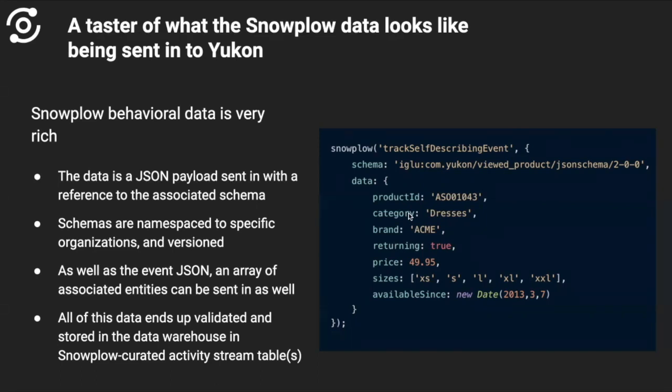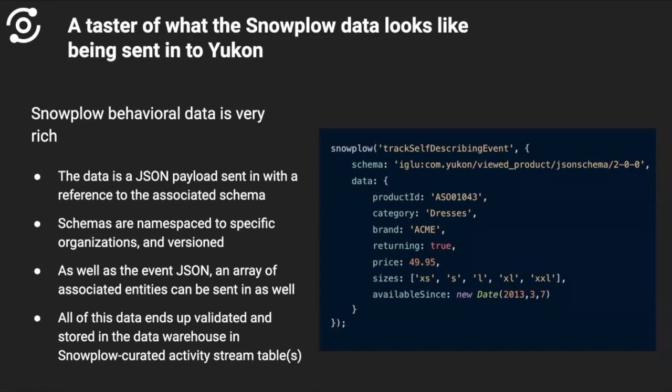It gets validated and it gets stored in the data warehouse, in this case in Snowflake, in a Snowplow curated activity stream table. So what do we mean by validation? Fundamentally, when these events land in the Snowplow pipeline, Snowplow will go and look up the schema definition from the schema registry, and it will cross-check the data that it's received against that registry schema. If it passes, so if this data payload matches the schema definition, then the data will be flowed through into